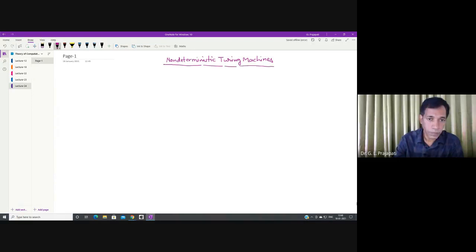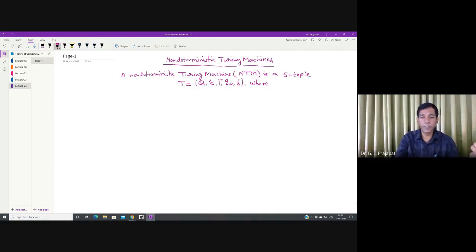Here we see a non-deterministic Turing machine, NTM. A non-deterministic Turing machine, which we denote by NTM, is a five-tuple T equal to Q, sigma, tau, Q0 and delta, where,